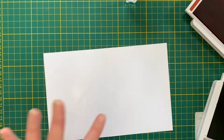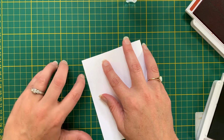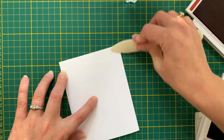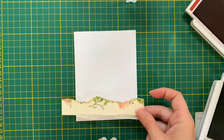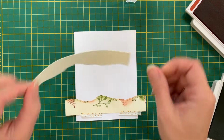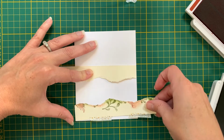So the next one, again, we're just going to use a thick basic white cardstock. Same dimensions, 4.5 by 5.5, scored at 4 1/4. And again, we're going to do a portrait and our masking again. So let's use the same one we used previously and this. You can turn this one the other way. This will be exactly the same. So let's move this one over a little bit